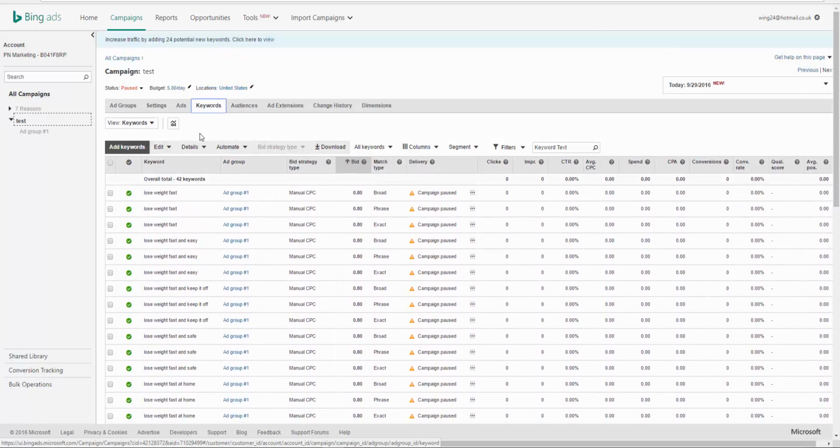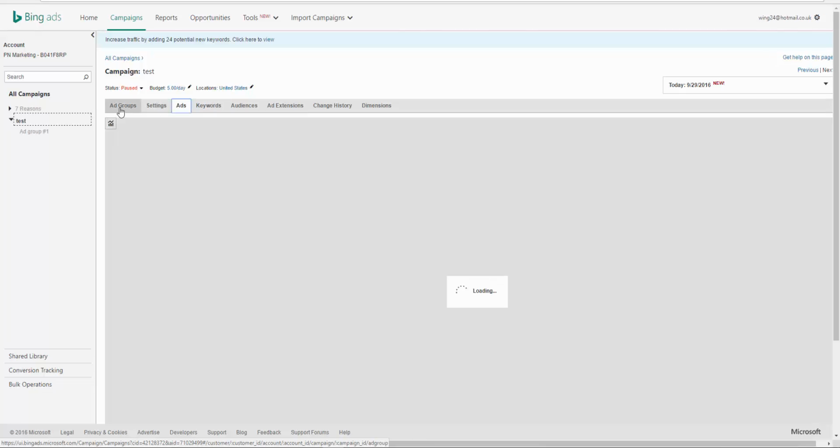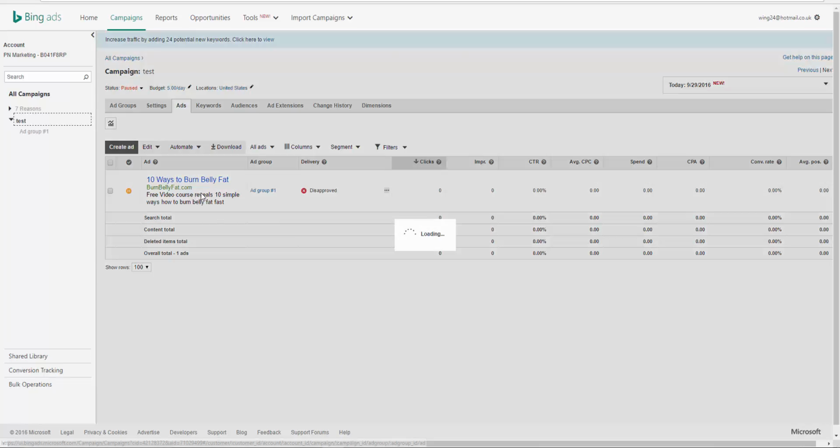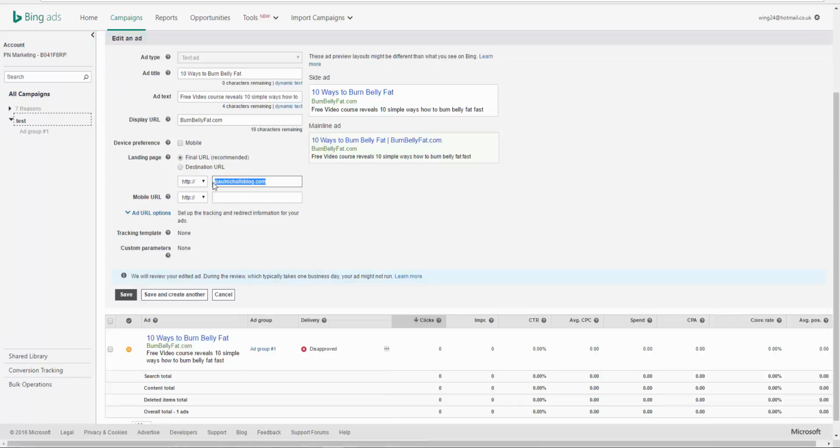We've got our ad, haven't we? We've got our 10 ways to burn belly fat ad, and make sure you've obviously got your website in there. It of course has to be something that you own, and then your website goes in there. You've got your ad done, you've got your keywords in there as well,